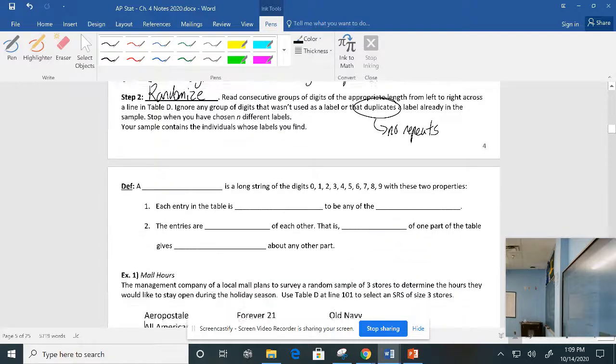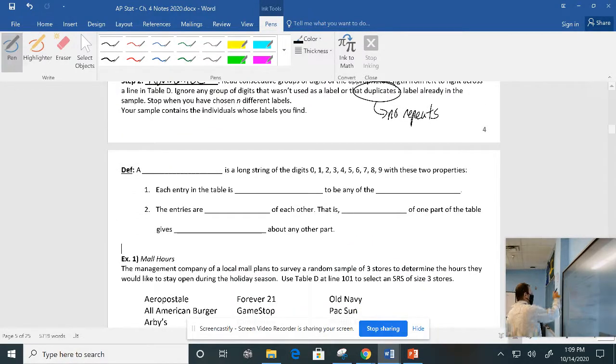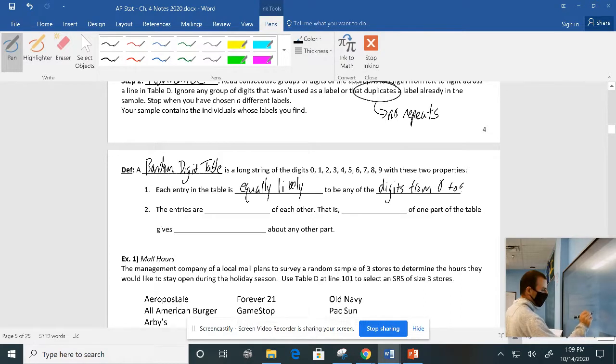So just to define what a table of random digits, or a random digit table, is: a random digit table is a long string of digits from 0 to 9 with these two properties. Each entry in the table is equally likely to be any of the digits from 0 to 9. The entries are independent of each other, meaning that knowledge of one part of the table gives no information